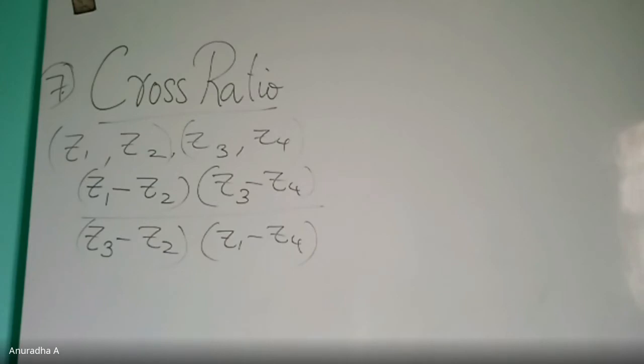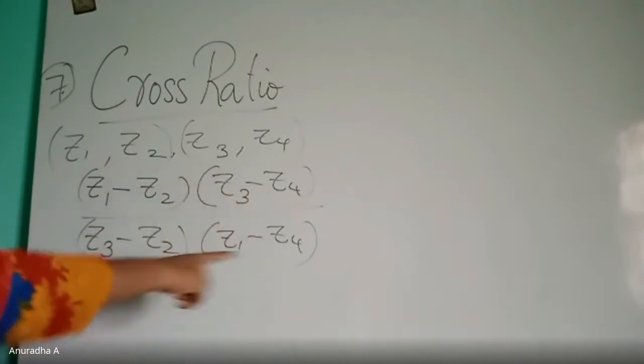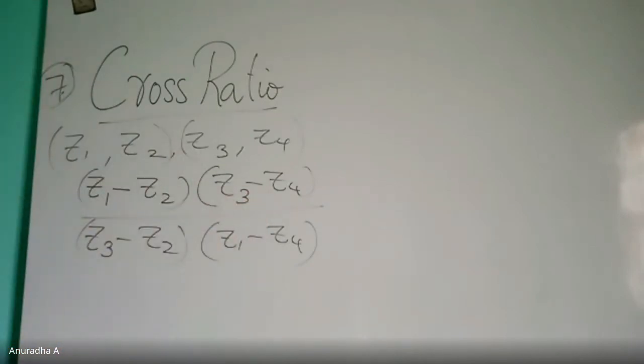Now why are we finding this? Because we have a property called the cross ratio property. So I will repeat how to write this. Z1, Z2, Z3, Z4, 4 points are given. Just group 1, 2, 3, 4. Always subtraction, no addition. Then just cross these two first terms alone. So that is called the cross ratio.